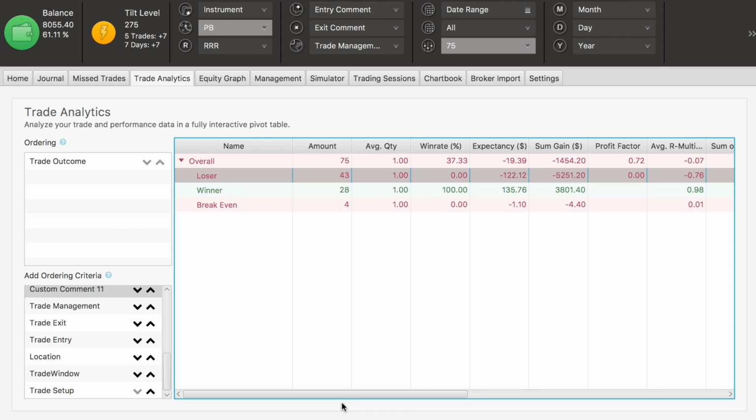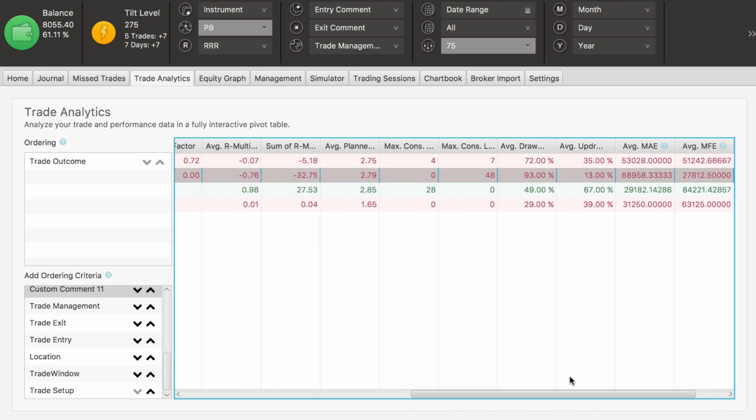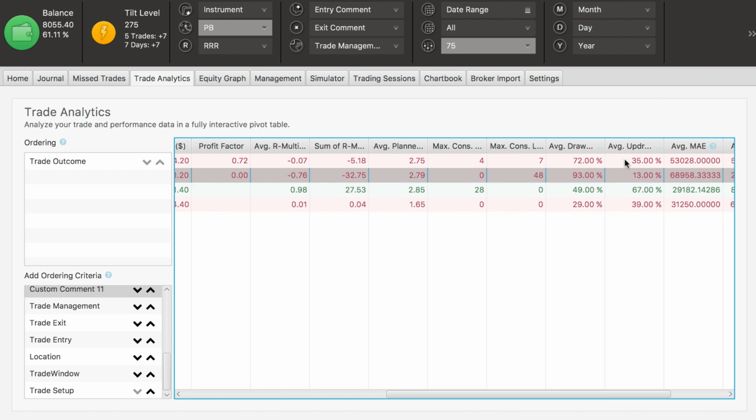So we will move to the right side, and the up draw and the drawdown are very important. The up draw, if you remember from the last videos, shows how close price is coming towards your take profit target. So in this case, his losing trades only come 13% towards his take profit target, which is not very